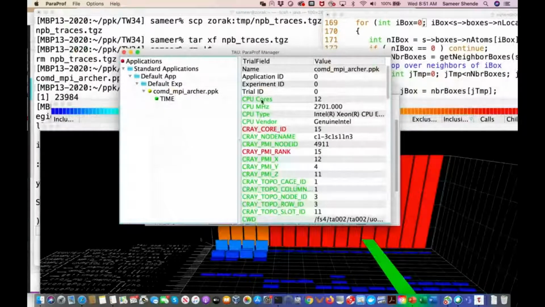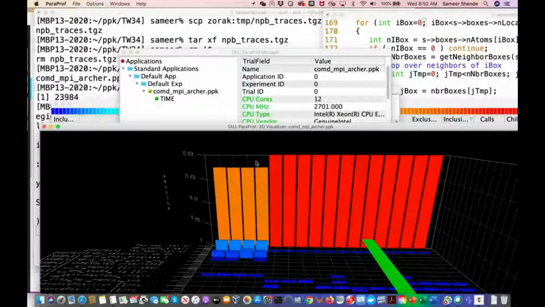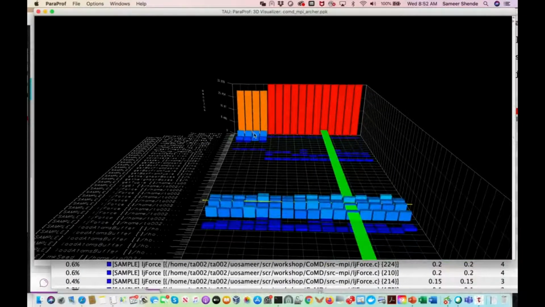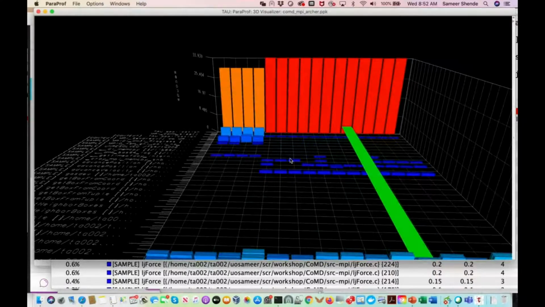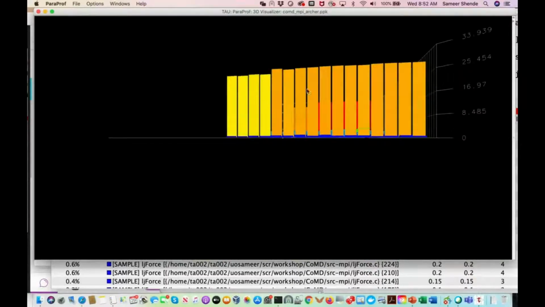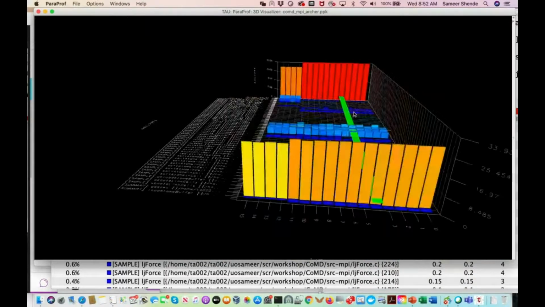Let's look at CPU cores are 12, and they are presumably 2 sockets on a particular node. So these are the 12, and then the second CPU, which gets just 4 of these ranks, it takes a little less time, right? So you can see that visually and immediately see that, okay, there were these 4 that were different and these that are doing something else. If you see the same thing, even a subtle change in the color here shows you the difference consistently across